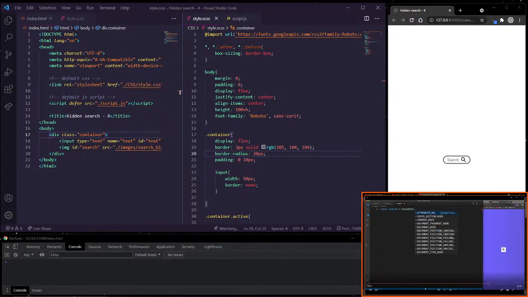So document dot query selector, and we want to grab the class of search, and then let's also grab the btn, and then let's grab the input, and then I'm going to take the button, and we want an event listener on that, so we want to add an event listener of a click event, and when we click, we're going to call an arrow function here,